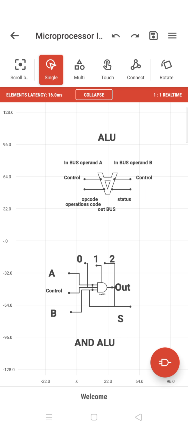This is a simple AND ALU or OR ALU or things like that, where it can do two or three different kinds of operations. So S is the status, control is C, and A and B are the input operands, and 0, 1, 2 are the operation code, and the status bit comes out, and the control signals come out. So this is the basic thing of an arithmetic logic unit.